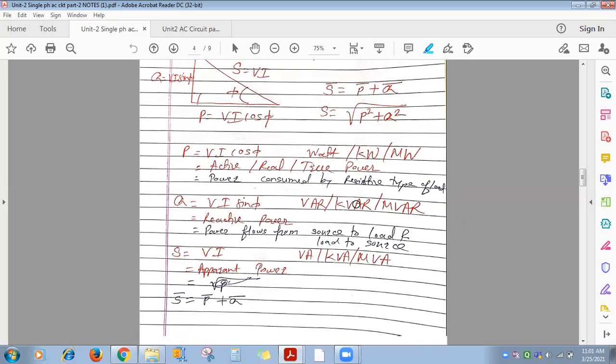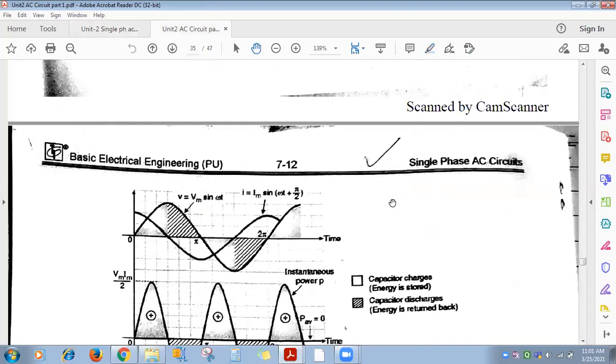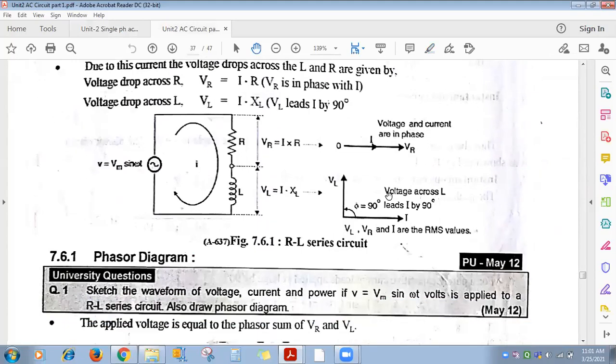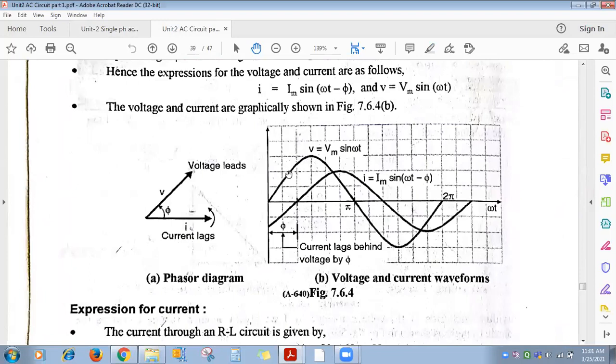So here we have finished with series RL. Waveforms I'll show you for series RL. So this is the series RL circuit. That voltage v of t equals Vm sin of omega t, waveforms we are going to see for series RL. This waveform we have seen a number of times. First positive peak occurs at 90 degrees. First negative peak occurs at 270 degrees.